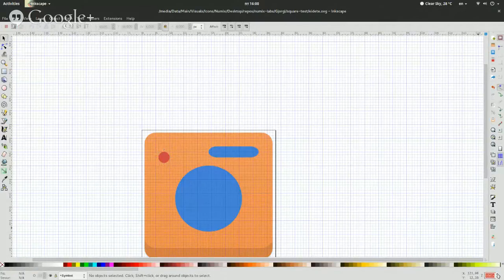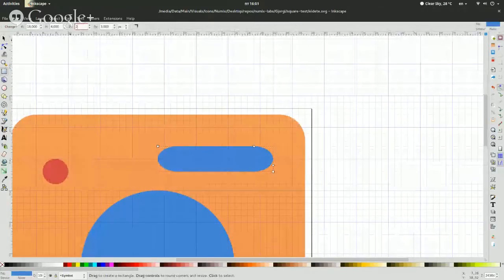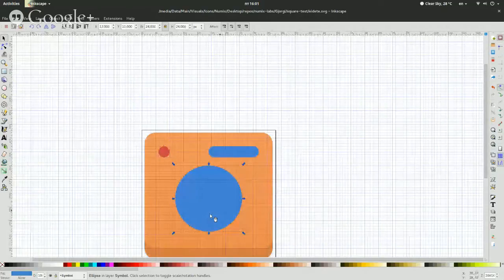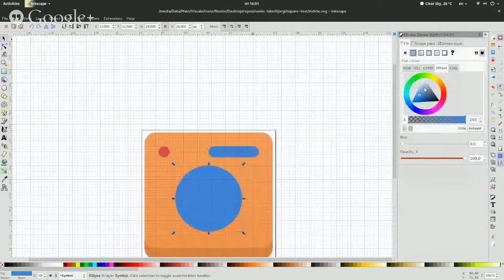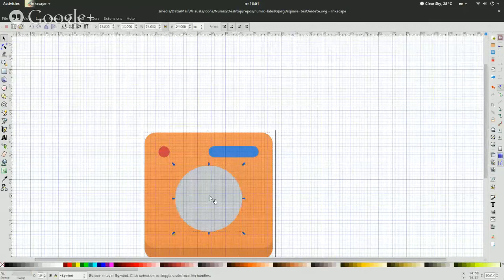Okay, so we now have to do this roundness again, and that's 1, 2, 3, 4, 5 on 1, 2, 3, 4, 5. So that does need moving. Now this is going to be gray. It doesn't matter, like I said, at least not now which gray, because we're just adding elements. Now we're going to duplicate that, make it